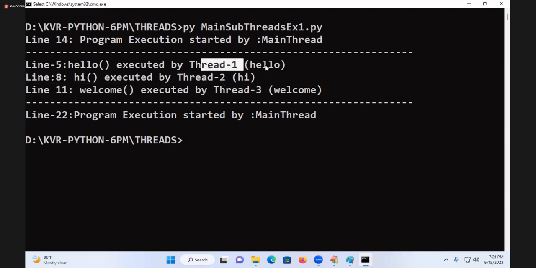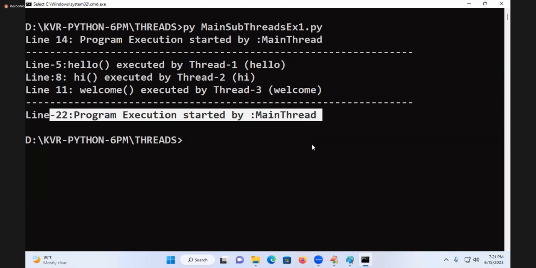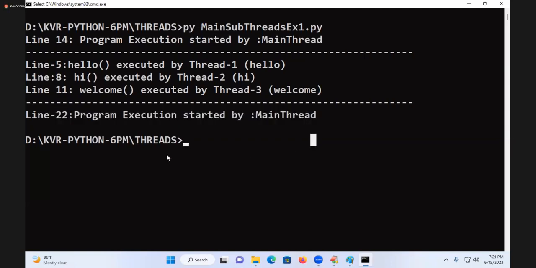Each thread is targeted to a particular function or not? Ending by what? That indicates main program statements are executed by the main thread. Some subprograms or methods or functions are executed by subthreads. So which is better? The second model is better. The main thread and subthread model is better because it will do the program execution